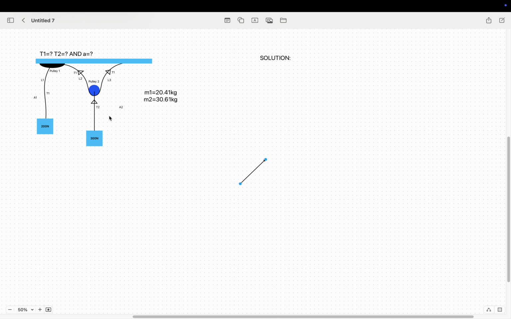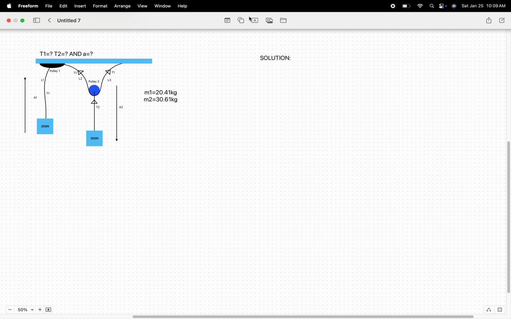So if we just imagine it, right? Let us draw this. So this is acceleration 2, and this is acceleration 1. All right, so now